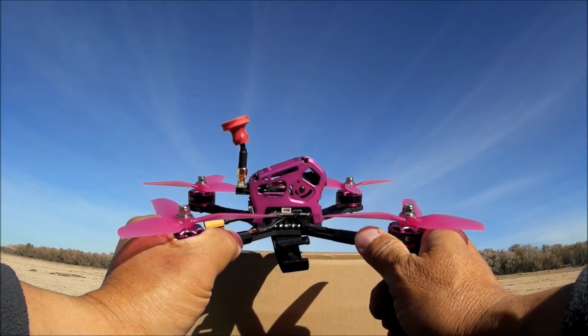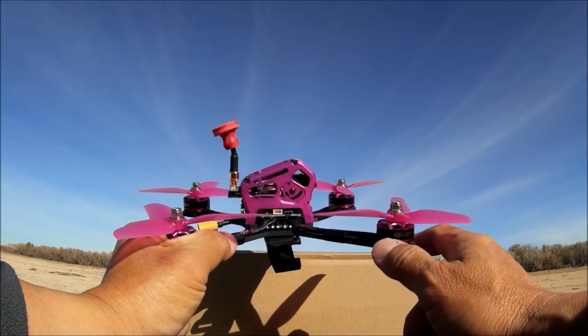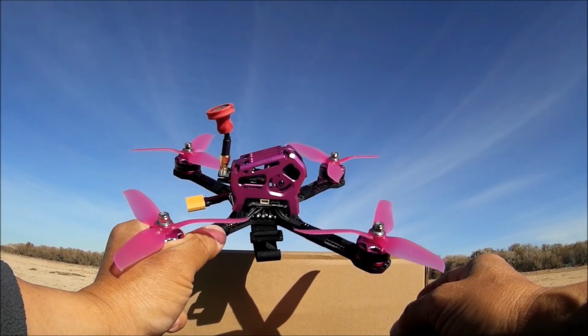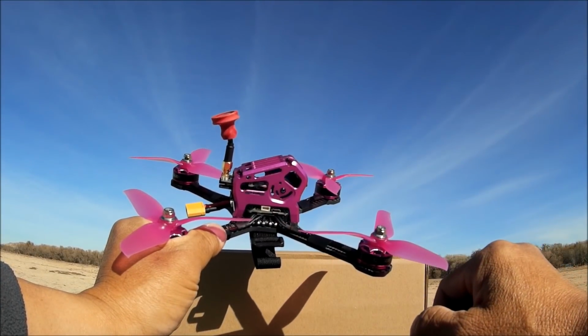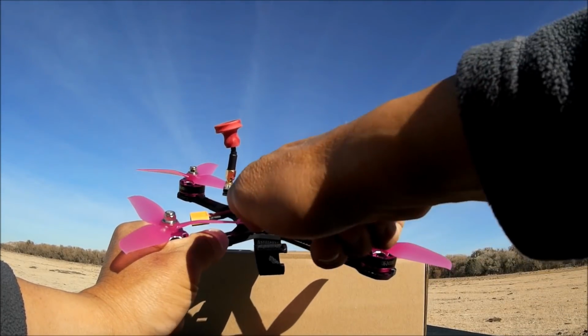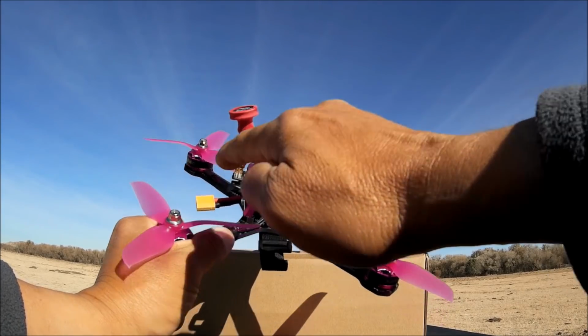fly FrSky receiver. It is a D8 receiver, however, so a quadcopter of this caliber, I think it should at least come with an XM or XM plus, if not an XSR receiver, but we are given the D8 receiver. So I bound to it because it was already hunkered down inside, and you needed to remove 1, 2,